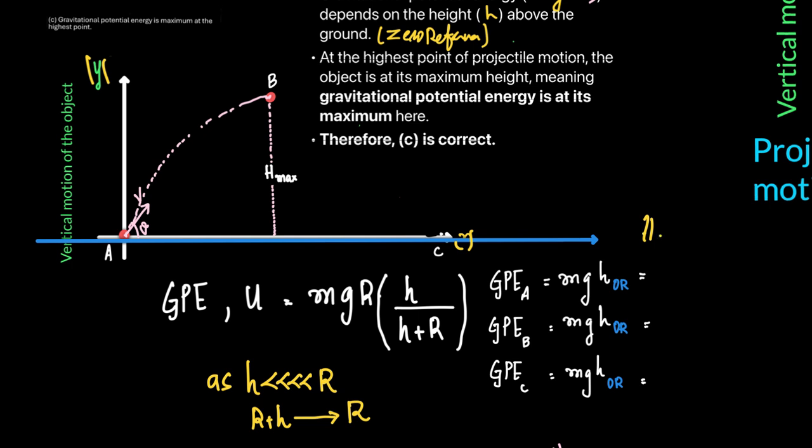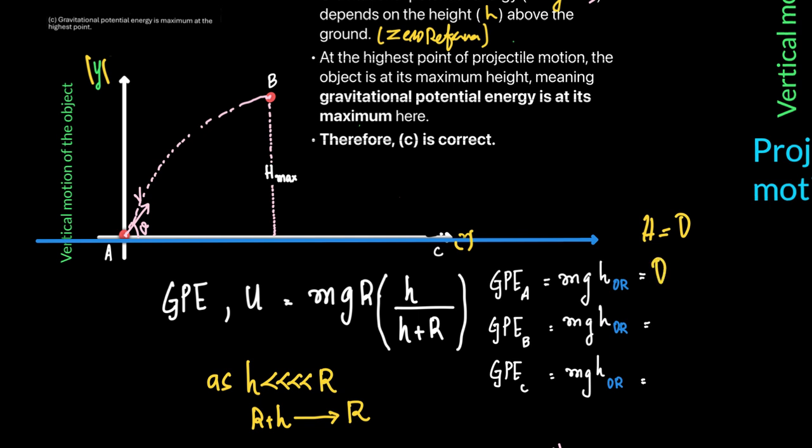This zero reference would be considered as h equal to 0. Now, the gravitational potential energy at point A would be equal to m into g into the height of point A with respect to the zero reference. What is the height of A with respect to the zero reference? Since they are on the same line, the height is equal to 0, and therefore